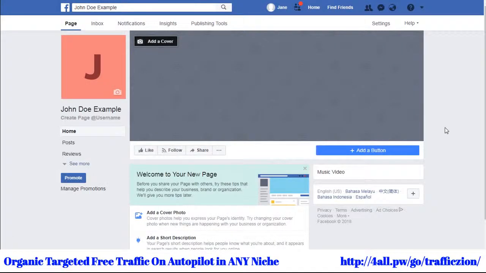The next step is to customize it further so that it expresses your brand and what your business stands for. A few settings that you want to do first is to add on a profile picture or a cover page if you haven't just yet. And you'll want to customize a username for this page as quickly as possible before it can get taken over